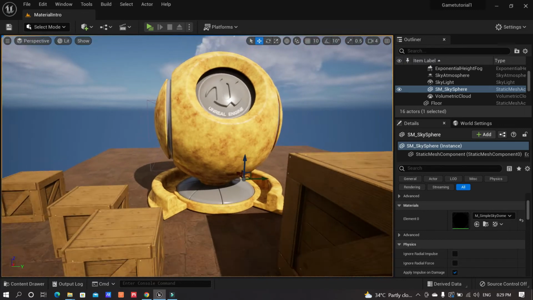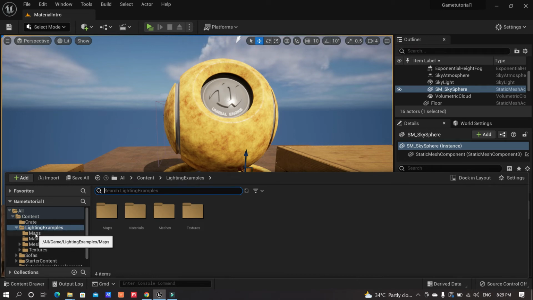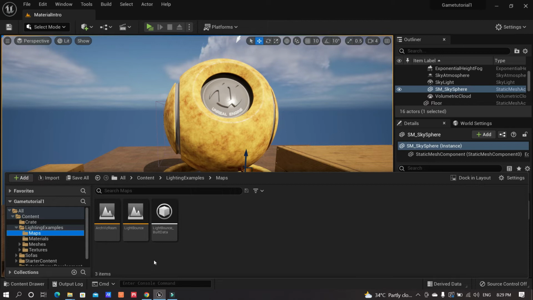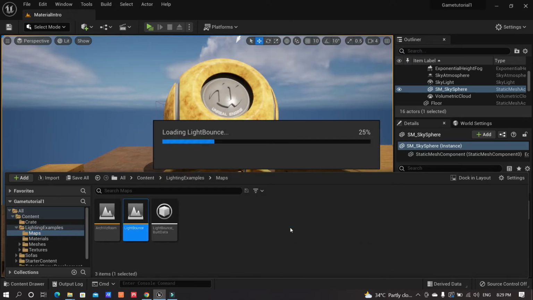To give a proper example for this one, let's go into our content browser, and we'll go to the maps. In the maps, I think we have light bounce as the map which we want to use to give an example of what the lighting in terms of Lumen means in Unreal Engine 5. Previously in Unreal Engine 4, the lighting system was baking the light at a particular point in order to create the shadows, and a lot of different effects had to be given to give that kind of a look to the overall system and your overall